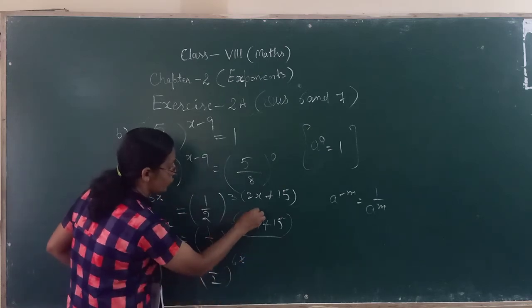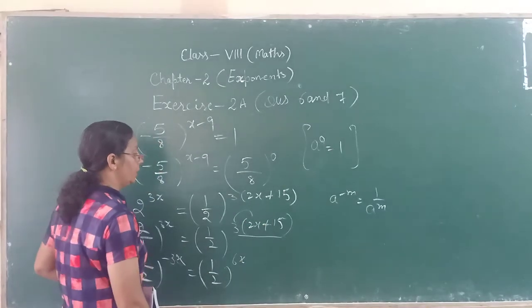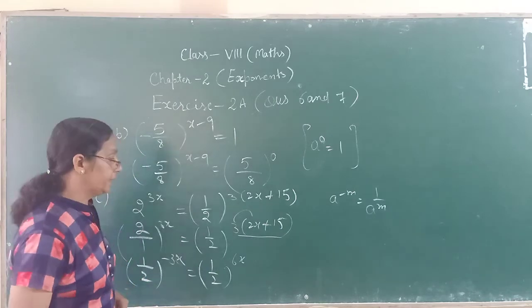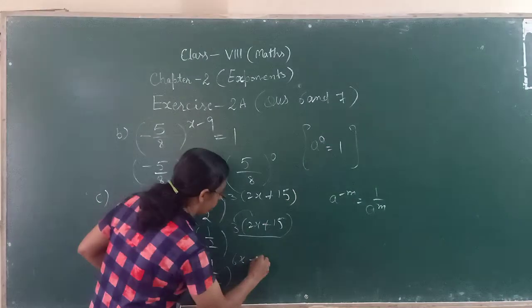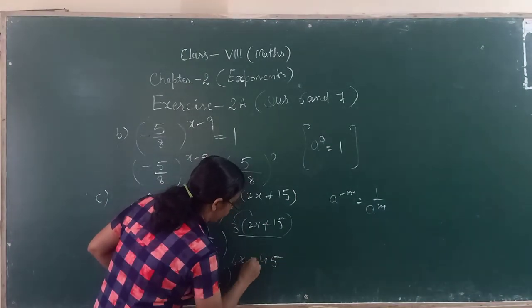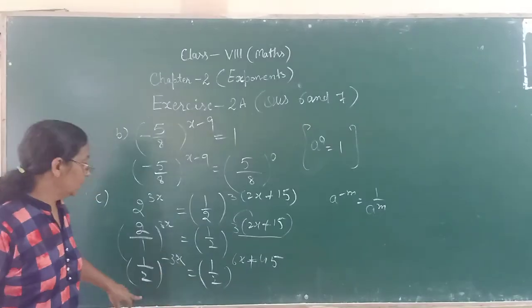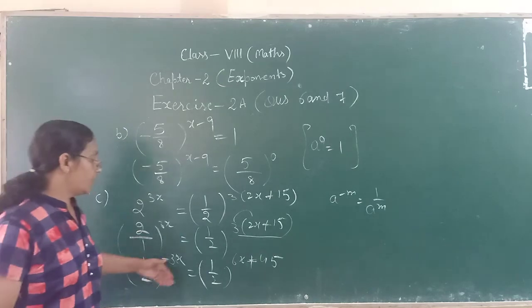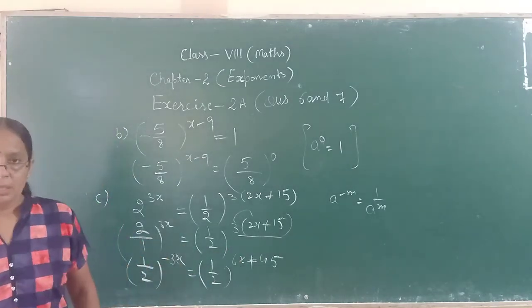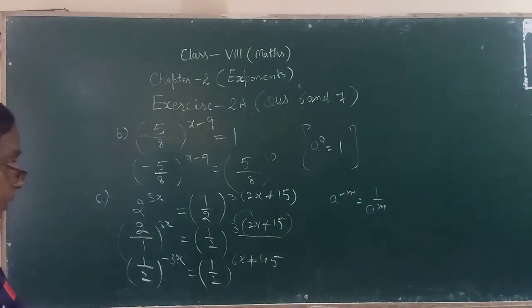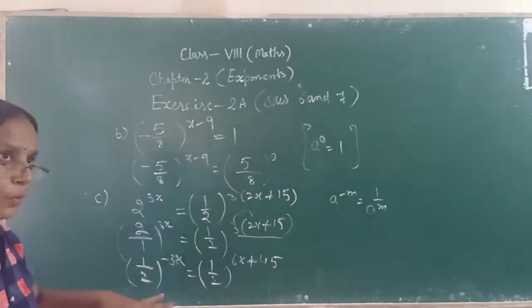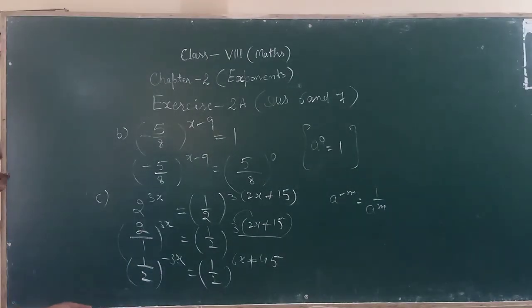ब्रैकेट जब भी ओपन करनी है, जो भी टर्म्स हैं उनके साथ सभी के साथ आपने जो आउटसाइड नंबर है उसके साथ मल्टीप्लाई करने हैं. 3 2 6x प्लस 45. ये हो गया आपके पास बेटा जी. नो एक्सपोनेंट्स अगेन आर इक्वल, सॉरी bases are equal, therefore you have to write but their exponents also will be equal. bases equal है तो exponents equal हो गया. अगर exponents equal है then bases also will be equal.